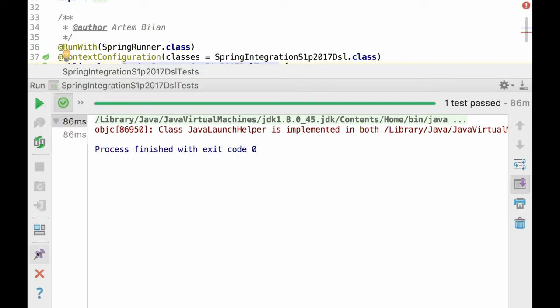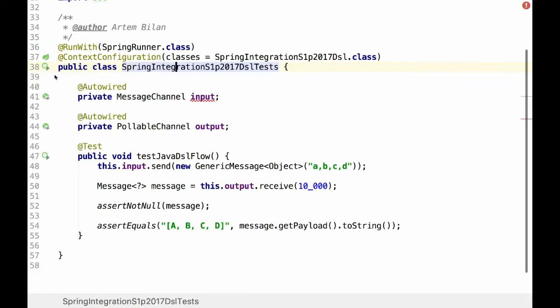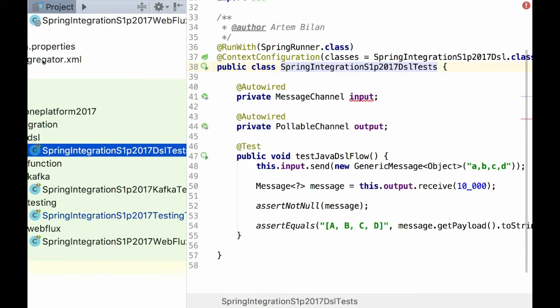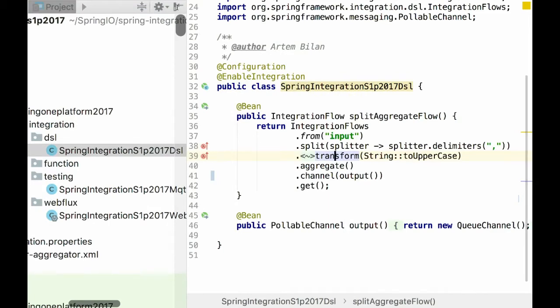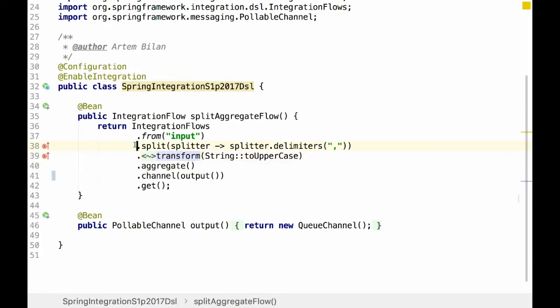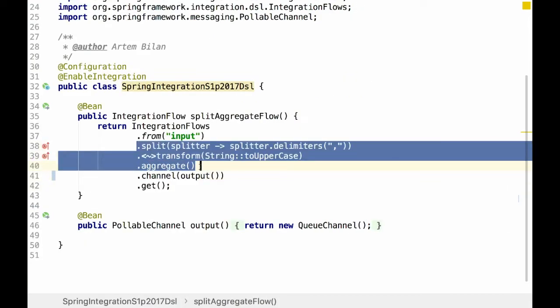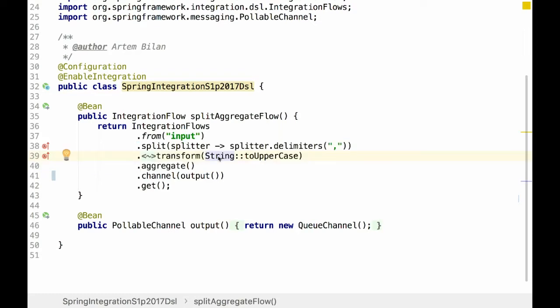Okay, the test works well. But at the same time, if you see, in between components, we don't have anything. And that is done directly on one thread.